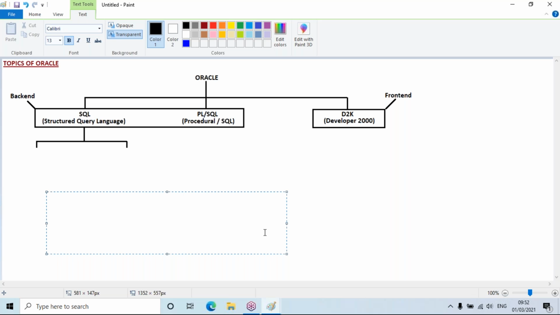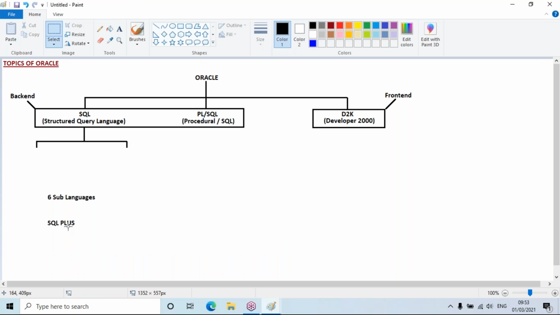One is called SQL, with 6 sub languages that we have to study. And second, we have SQL Plus. This is one category. This is the second category. Extension of SQL. SQL Plus. And exactly the same way, under PL SQL,